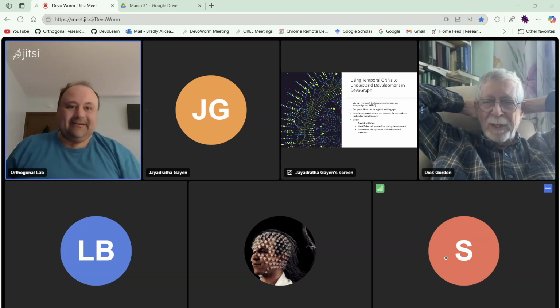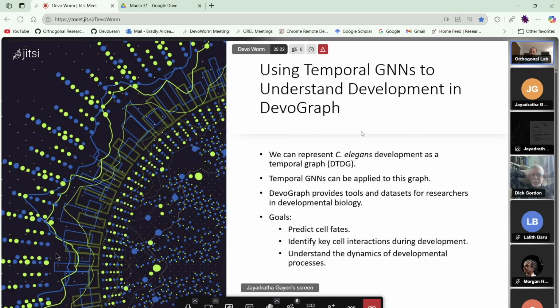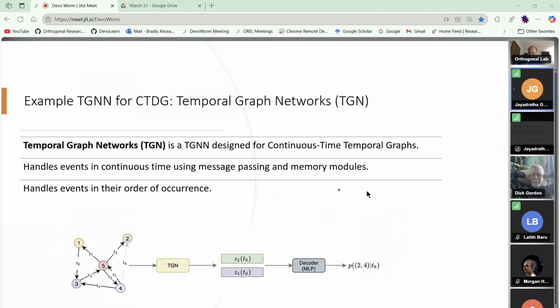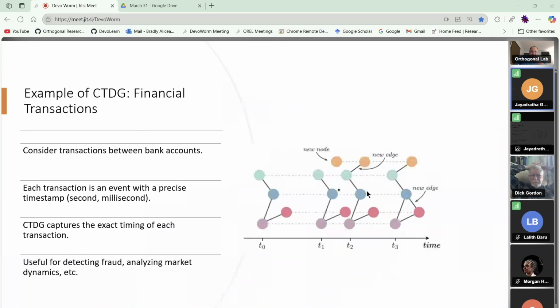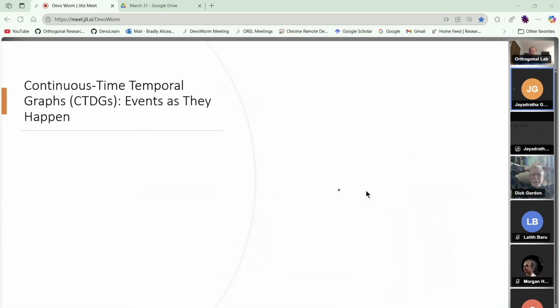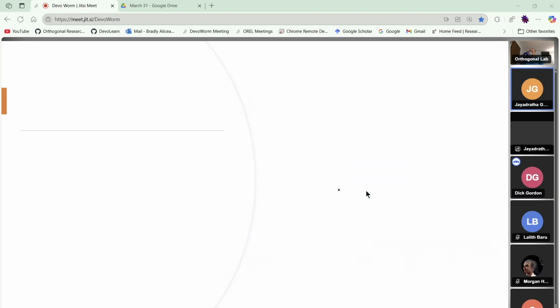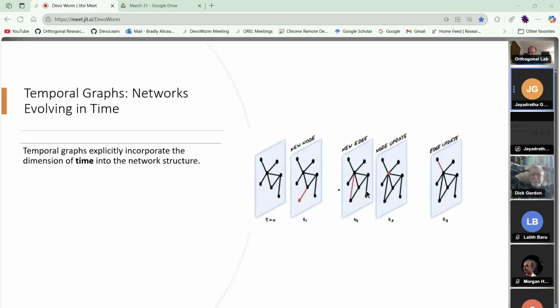Jayadratha, any comment on that external input versus intrinsic growth of a graph? I believe, as I have shown here once, if there is any change of the edge update, sometimes we don't need to have new edges or something new